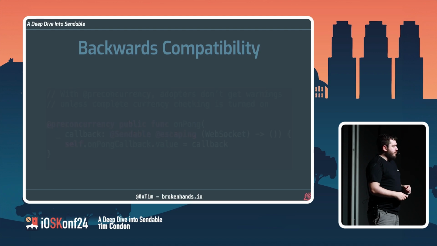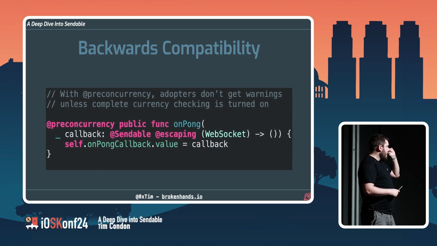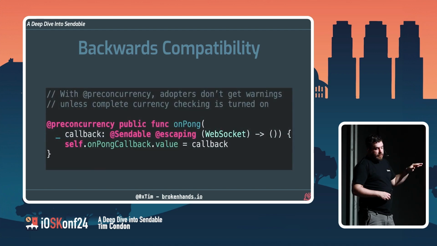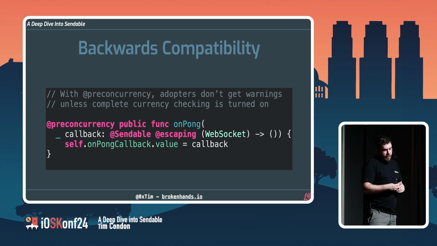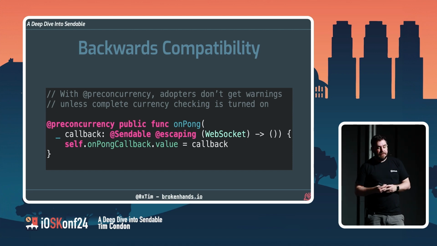So one of the tricks with this is @preconcurrency. This is an example from our WebSocket library that we made Sendable. In order for us to do this, the callback you can see here had to be Sendable. But this will introduce a warning for anyone using this that isn't actually using a Sendable callback, even if it is inherently Sendable and they just need to annotate it, which is quite annoying because if you do a library update and all of a sudden you have 100 warnings because your code now isn't Sendable,